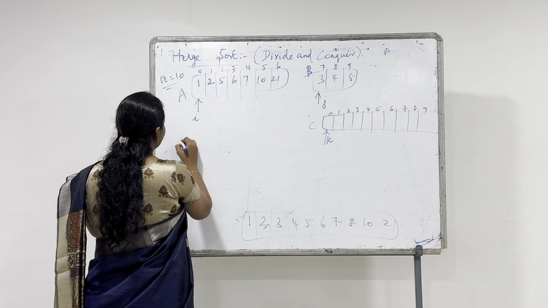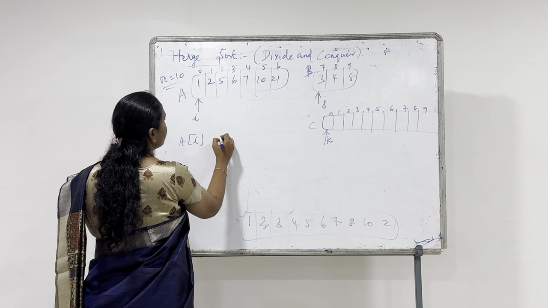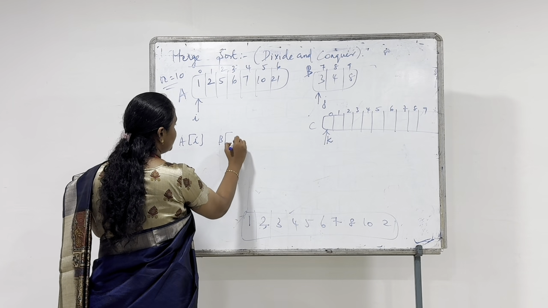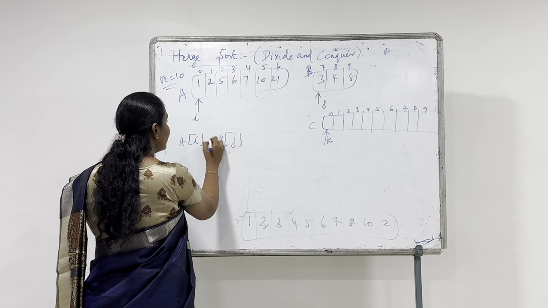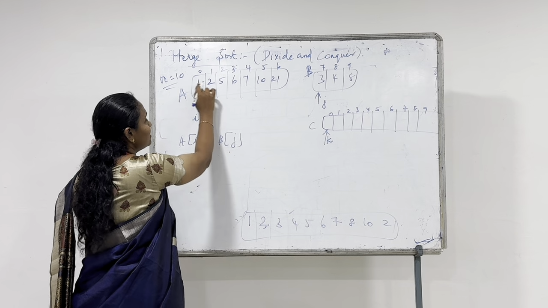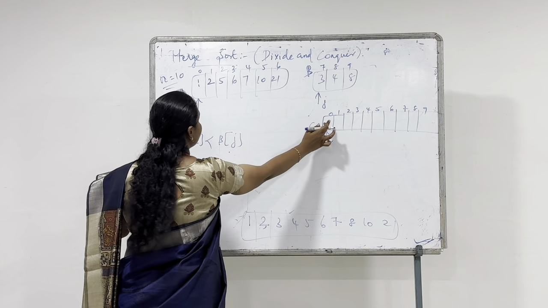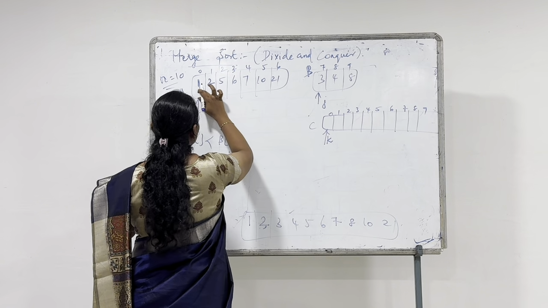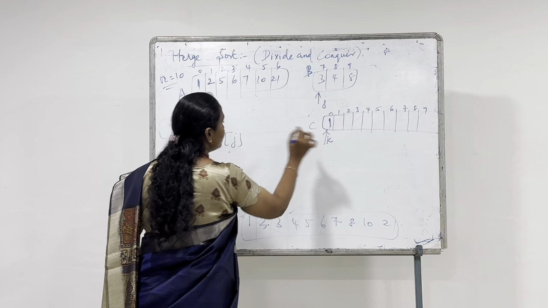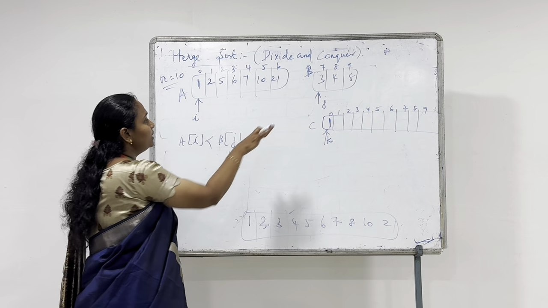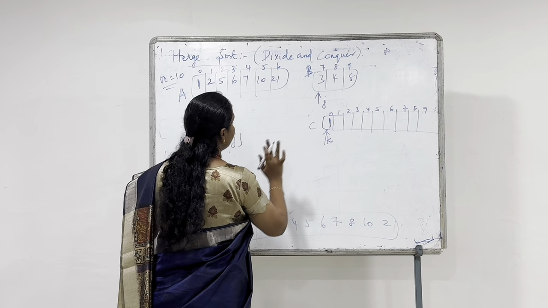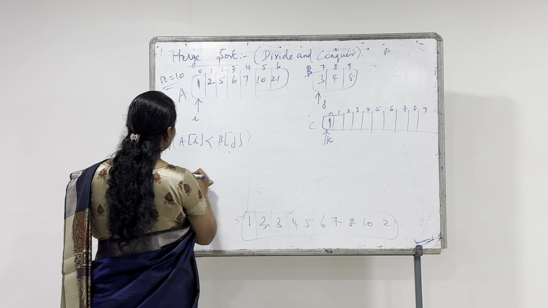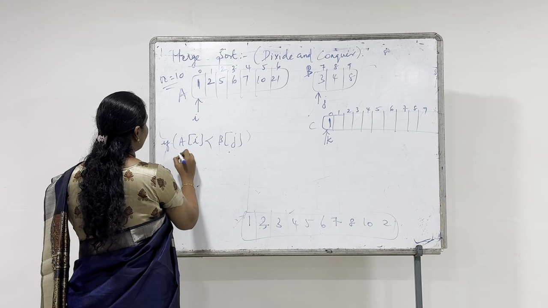So compare A of I and B of J. Compare these two elements. If A of I is less than B of J, then copy this element from here to here. So this is lesser than this, so just move this one here. Whichever is lesser, move that element to the C array. So if A of I is less than B of J, then